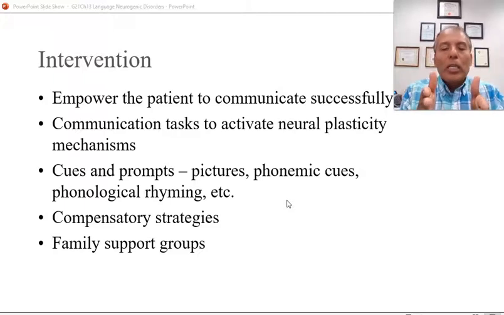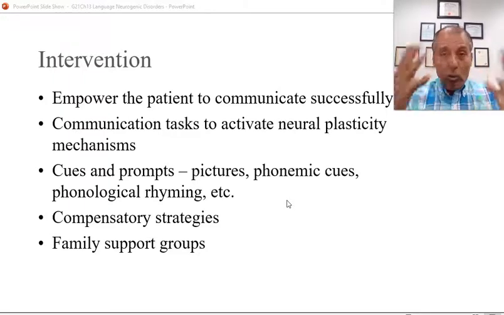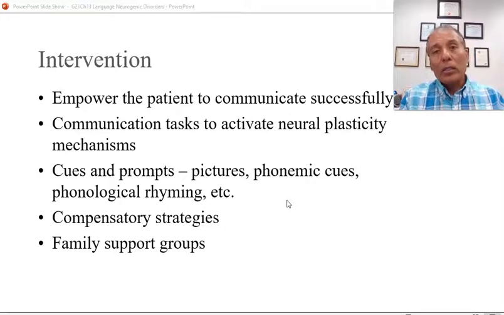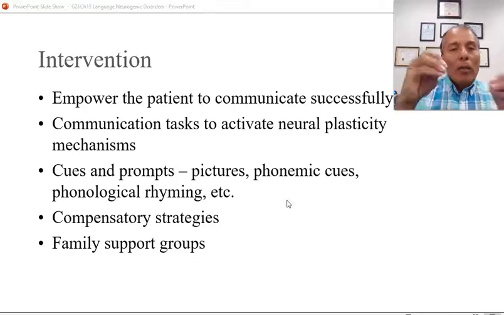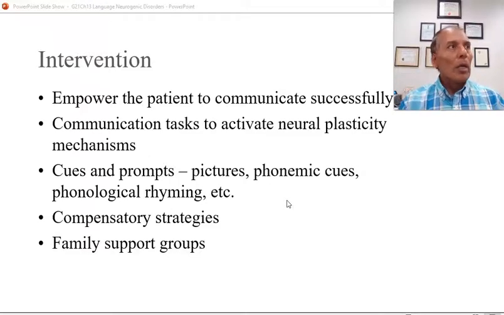The focus here is driven by function, because most of the people who have aphasia are adults. Yes, it affects children, but the majority of these patients are adults. You connect what the damage and the problem and the impact of it are to their life, and you make the focus of the intervention on life goals. For example, if someone wants to go back to work and they want to know how to communicate with their peers, they want to know how to do their job, so you focus on the language skills that they use